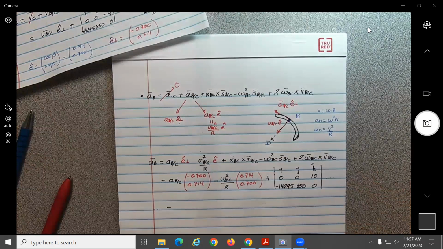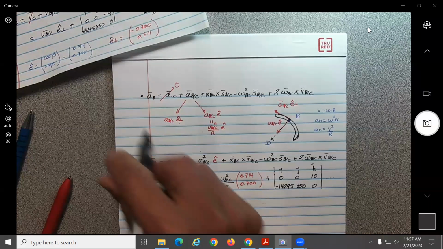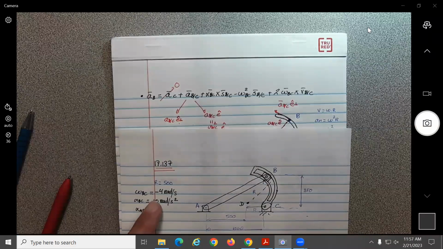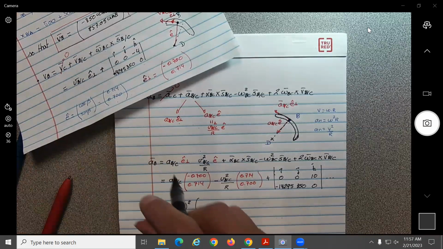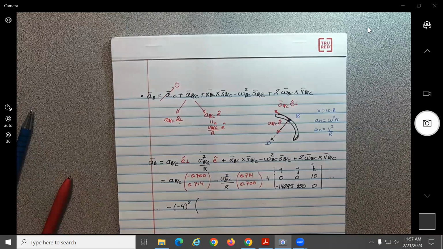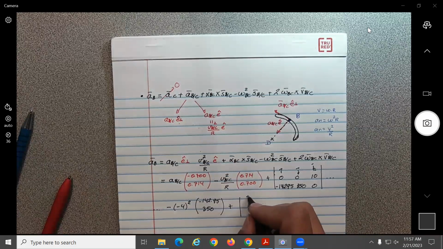So minus omega BC is given to be -4, so -4 squared, okay, from the first page, times B with respect to C, we know what that is, -142.95 and 350, plus, and this is the one that generally we make mistakes,